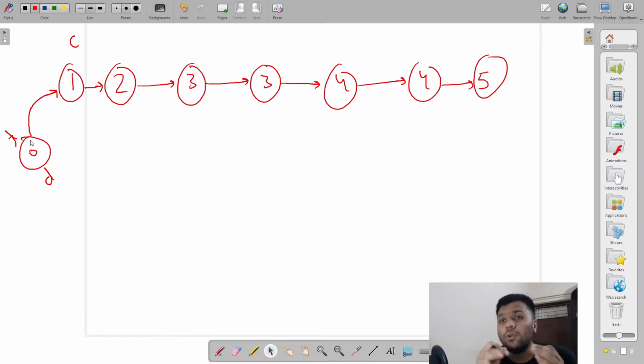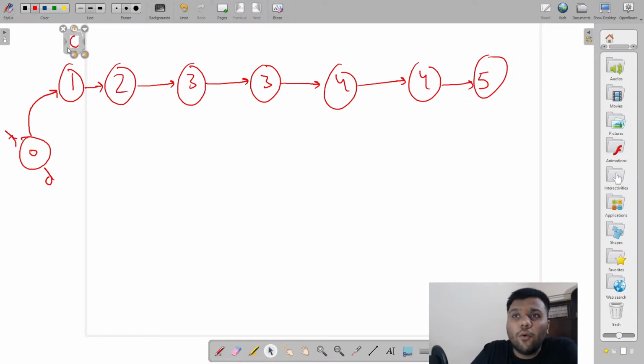Using a dummy node is very helpful instead of changing the values of the original head, because otherwise you have to traverse many times and do a lot of things. That's why it is the best idea to use a dummy node. So my dummy is over here and my temp is pointing to my head. My current is on the head, but it is pointing to the next value.